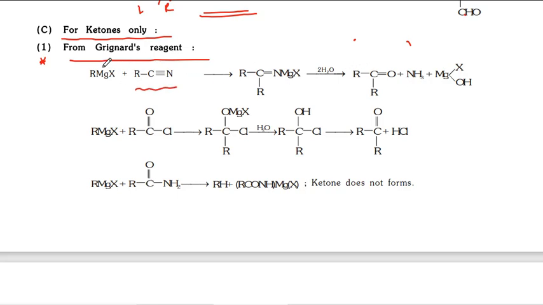See, the mechanism is very simple. R minus MgX plus. This R minus will attack at carbon. Why is it attacking on the carbon? Because this pi bond shifted to nitrogen. This nitrogen is getting negative charge, carbon getting positive charge. Then the nucleophile will attack at the electron deficient position. This is the carbon. So see here, R is attacking here, MgX attaching here.